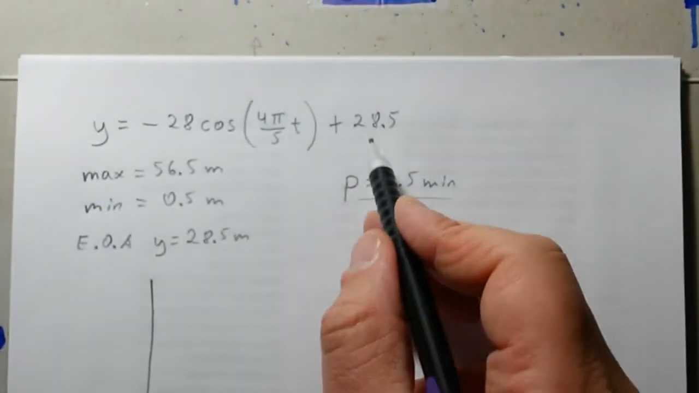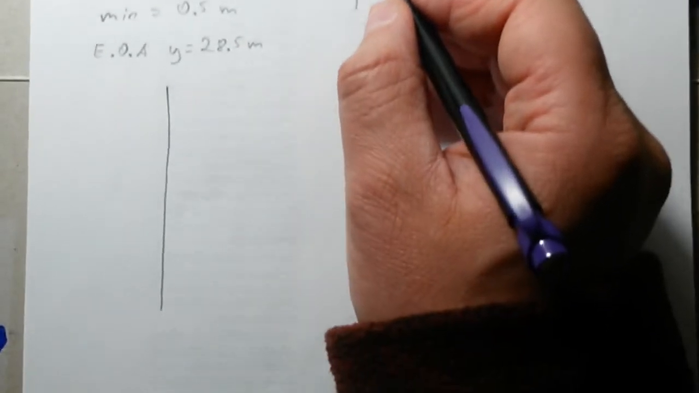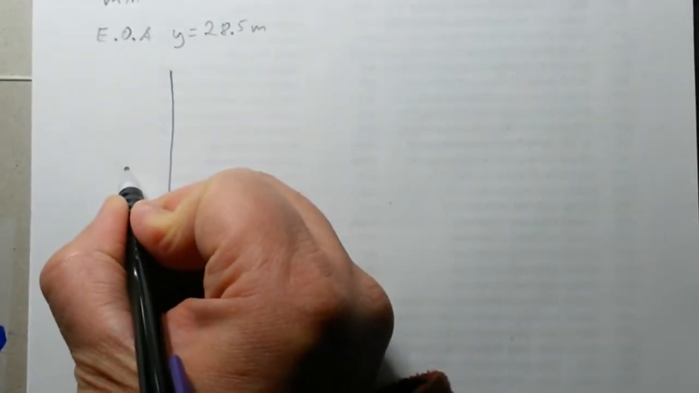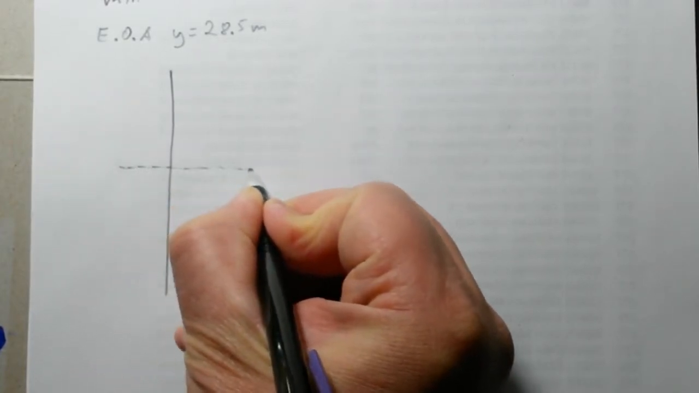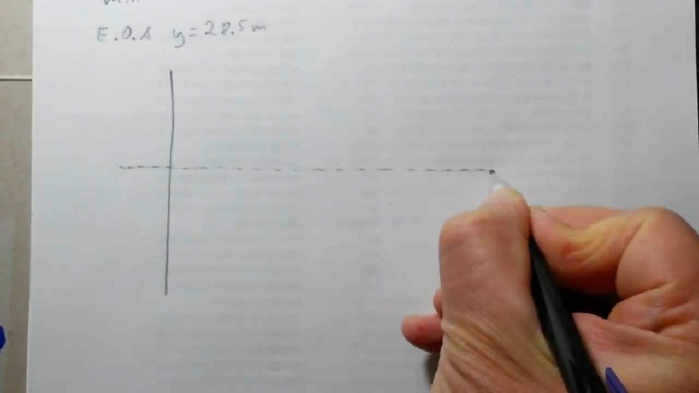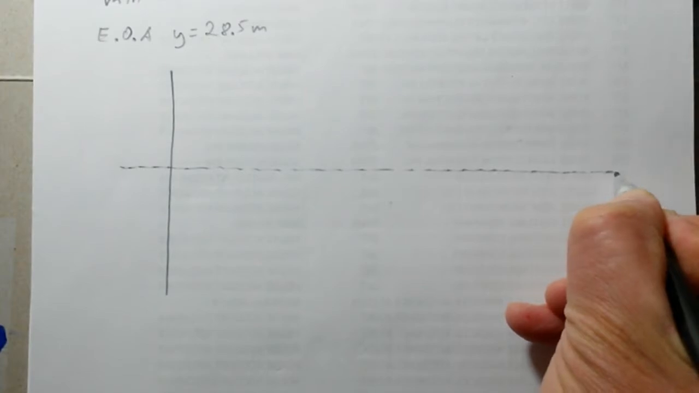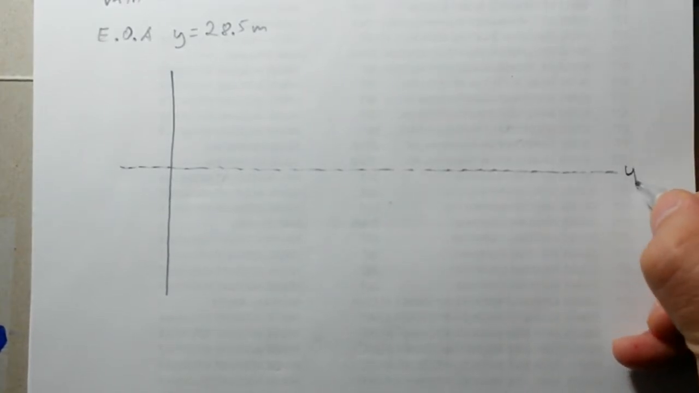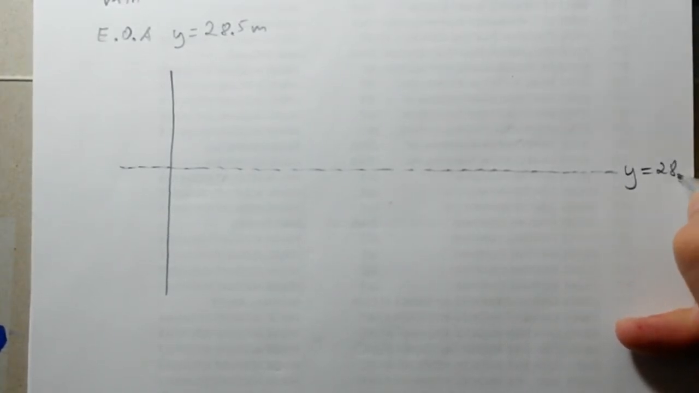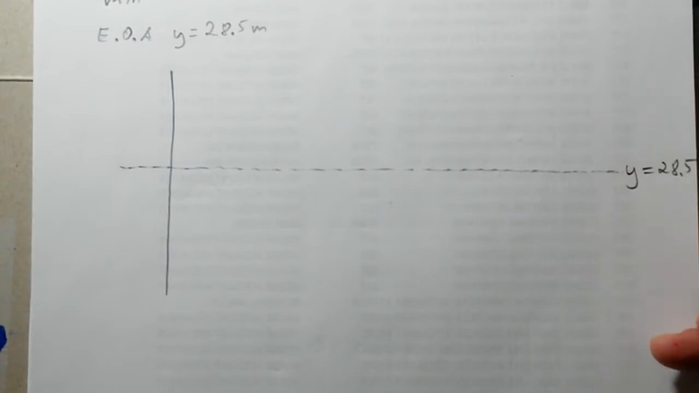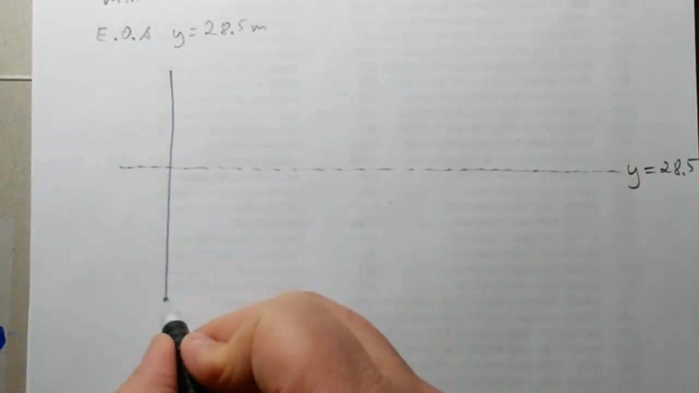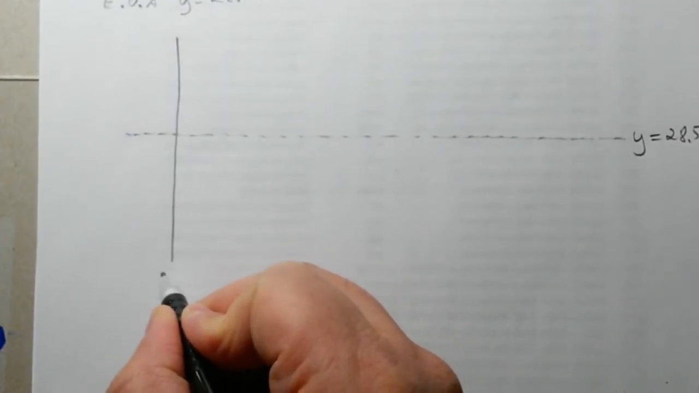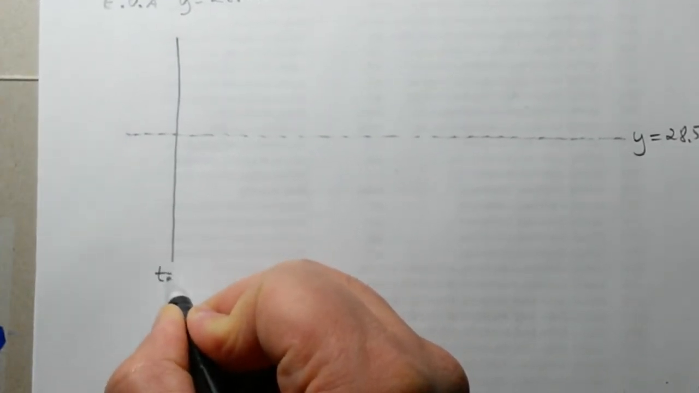Okay, our equation of axes here is 28.5. Let's draw that. I'm going to do it with a dotted line, and label it at the end here, y equals 28.5. That's meters. Over here, this will be our 0 minute mark, so let's label this as t equals 0